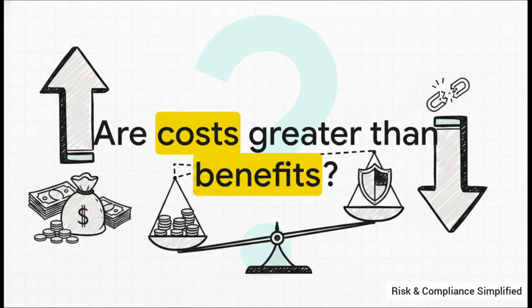I want to leave you with this one final, pretty provocative thought. Are your organization's controls costing more than the risks they actually prevent? Because it all ties right back to that ultimate limitation we talked about earlier, the cost-benefit analysis. A control might be beautifully, flawlessly designed, but if it costs $10,000 to prevent a $1,000 risk, it is fundamentally flawed. Keep this crucial balance of efficiency and effectiveness top of mind, and you are going to be in